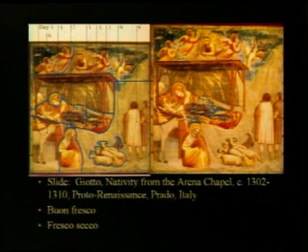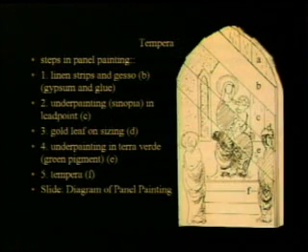And it didn't work. His painting started chipping off almost immediately after he painted it. Another technique is tempera. Usually it's called egg tempera because in the Renaissance period, that's what they used as the binder. They used egg yolk. The egg yolk was mixed with the pigment, and that's what held the pigment together and